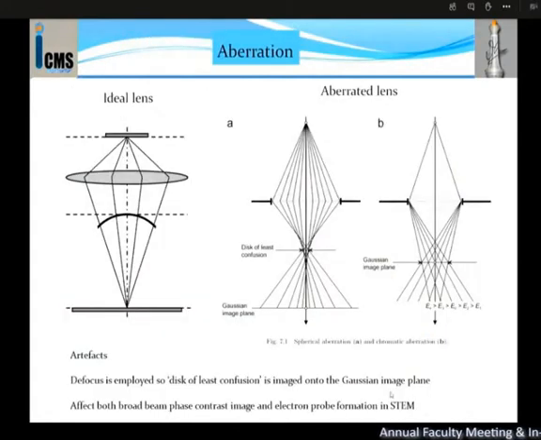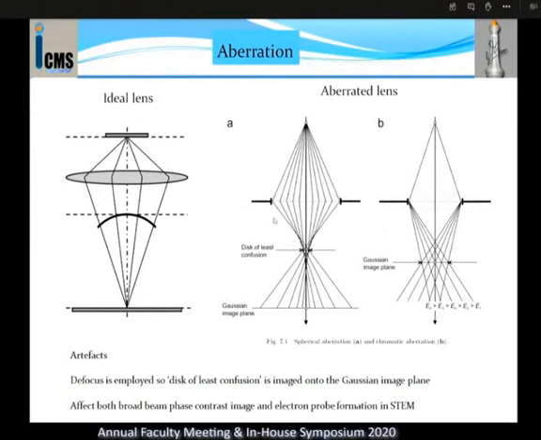So in the electron microscope we have aberration, and we have severe blurring from the aberration. Here are two examples, the spherical aberration and the chromatic aberration. You can see the point object is blurred significantly in the Gaussian image plane. The spherical aberration is because of the inhomogeneity of the lens, and the chromatic aberration is because of the spread of lambda in the illumination. But there is a plane called the Scherzer plane, which can be accessed by applying a little bit of defocus. And this plane, or the image, is known as the disk of least confusion.